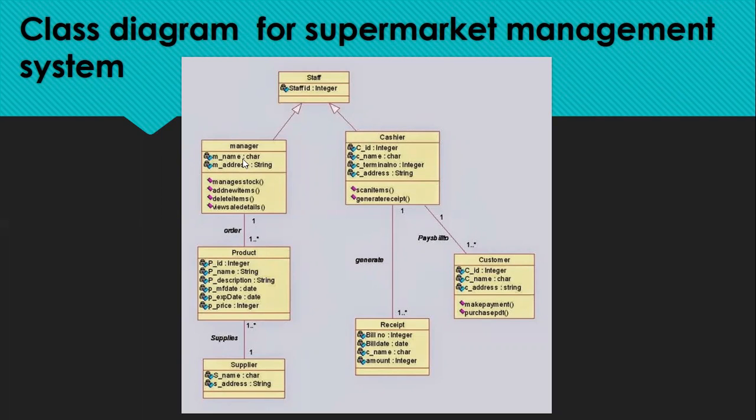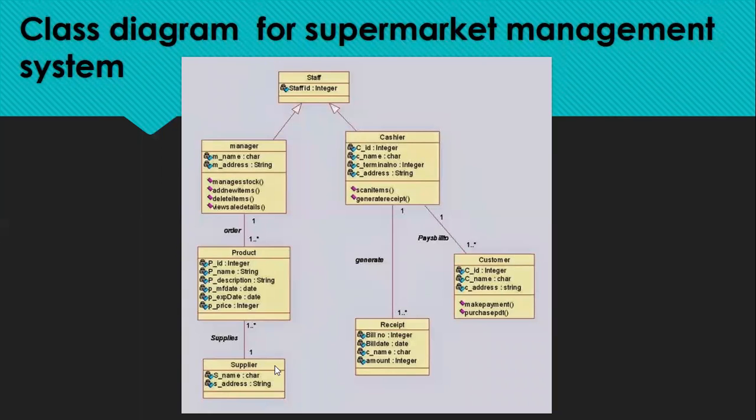And then manager and the product class have just a normal association relation. The cashier will have a receipt, and the customer also will have an association relation, and then the supplier and product will have a relationship.